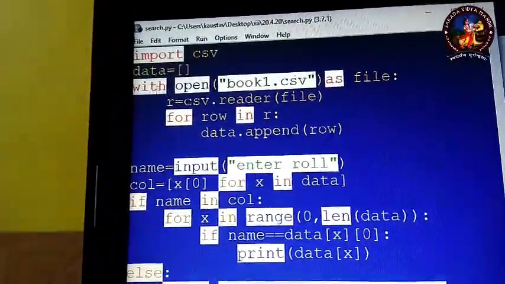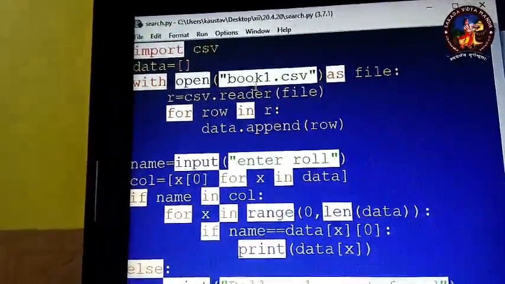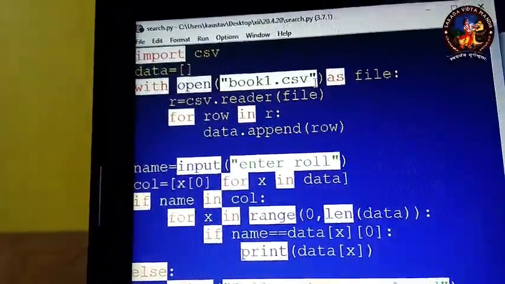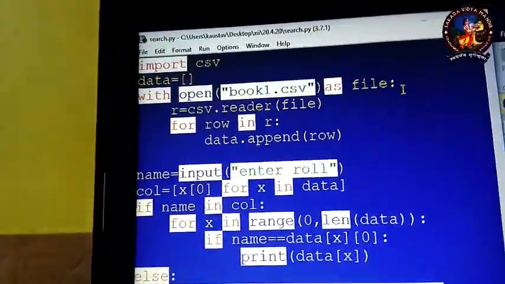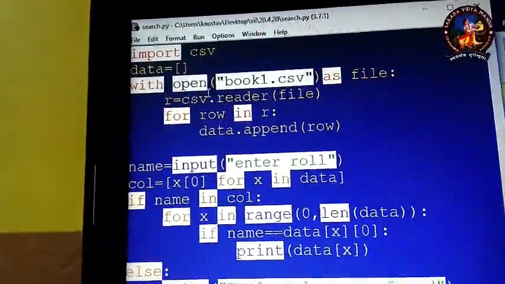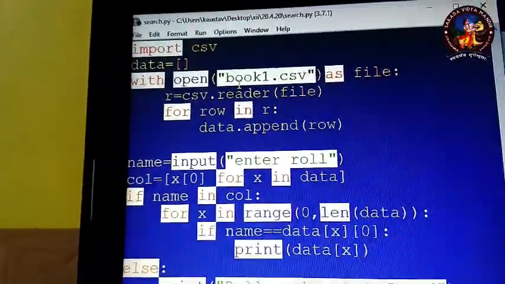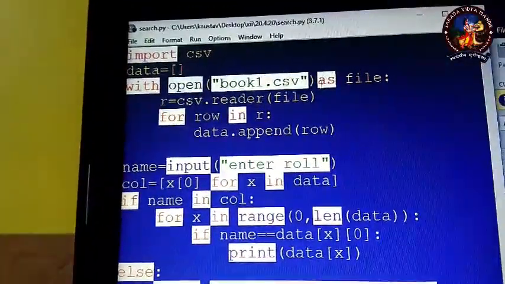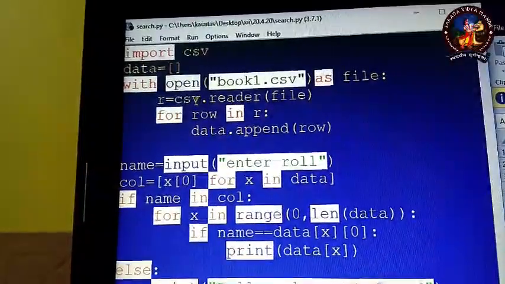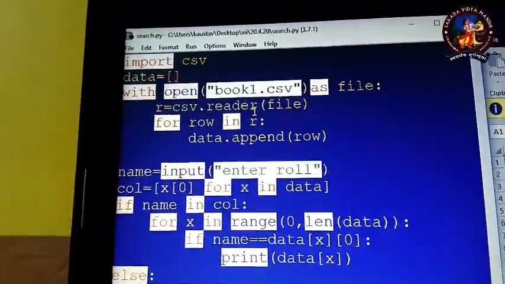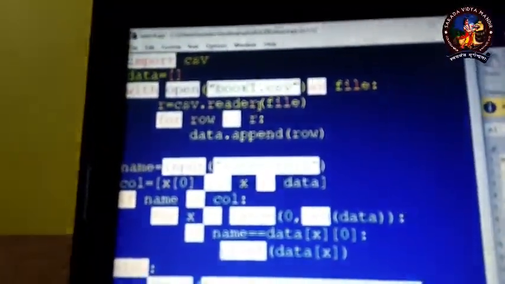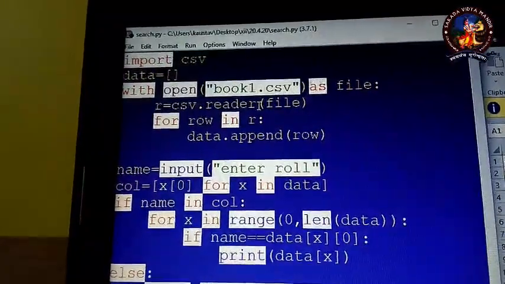Now with the open function, I have opened the connection with the CSV file as a file. Now we use the reader; we know the function of the reader, already I have explained.